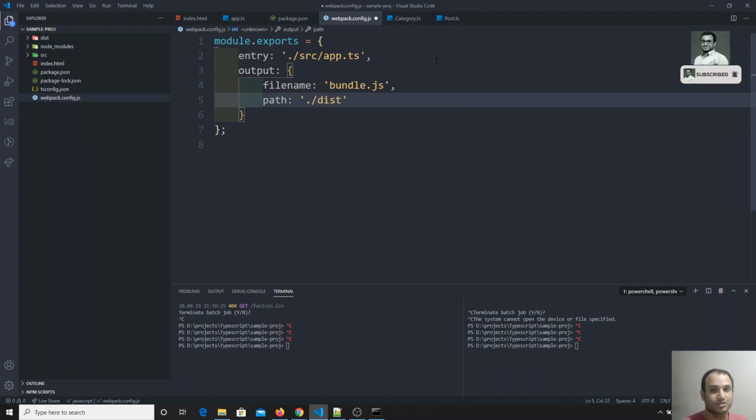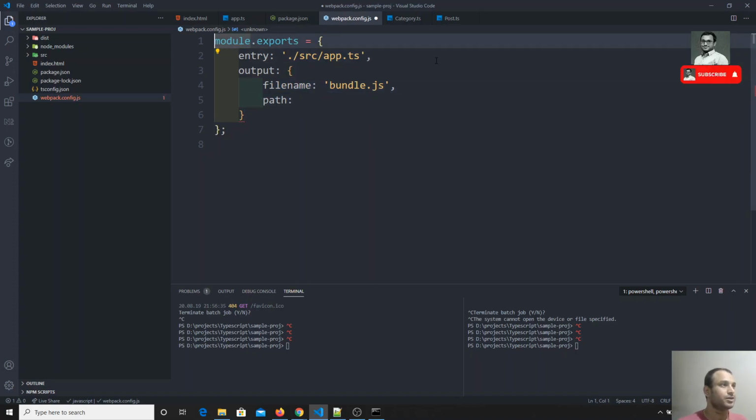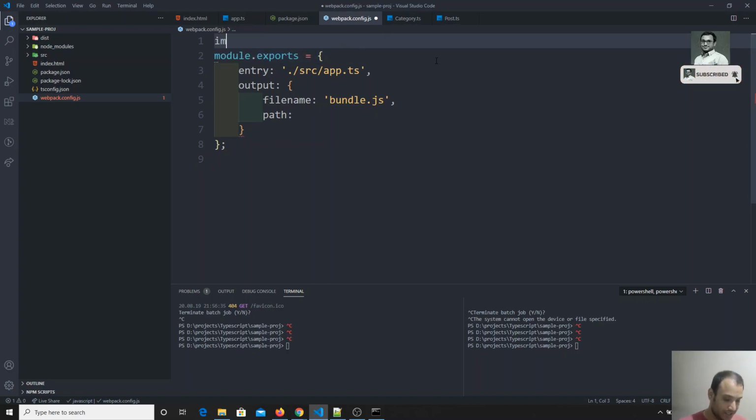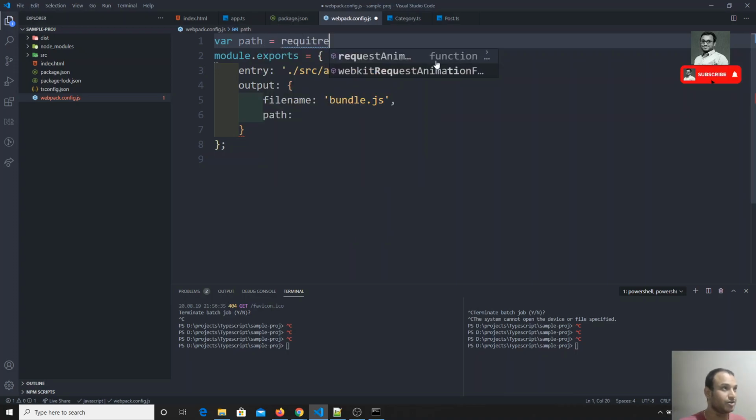But here we should not give the path as a relative path. We should give it as an absolute path, because Webpack takes the path as an absolute path. To give that absolute path, we need to import the Node.js module path, where path is equal to require path.